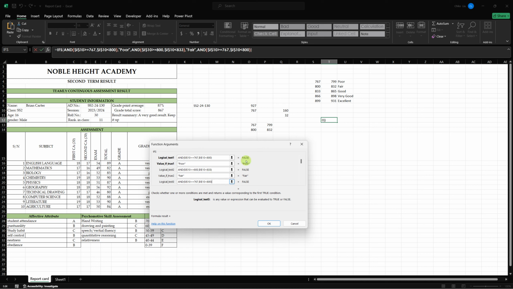Paste. If it is between 833 and less than 866, so less than 866, 865, so it's just easy to do. Say good,